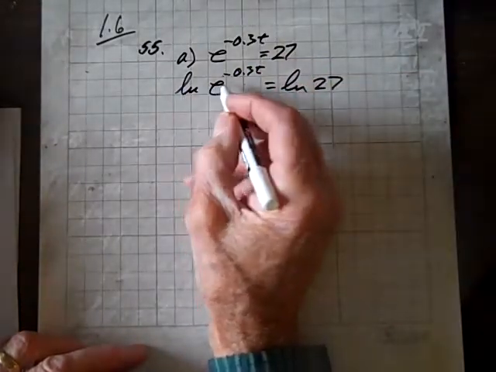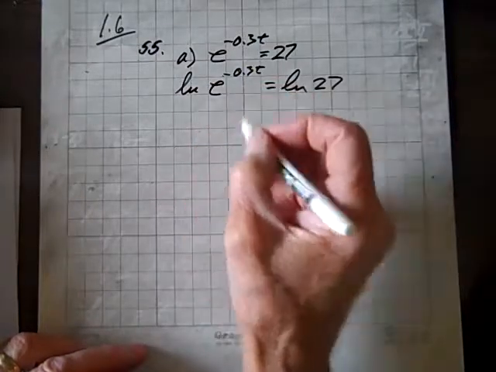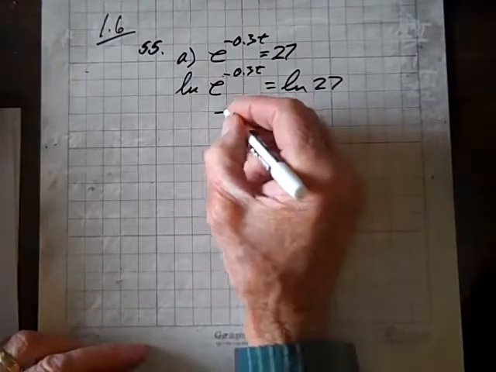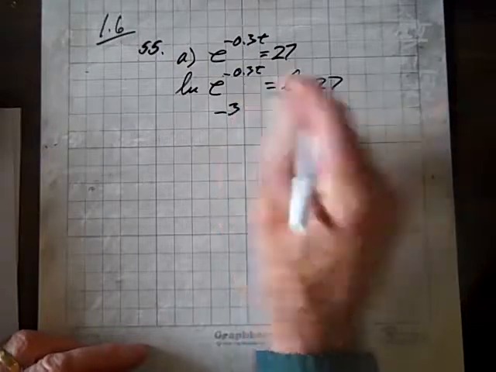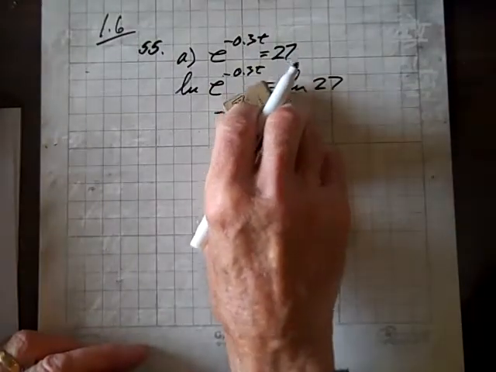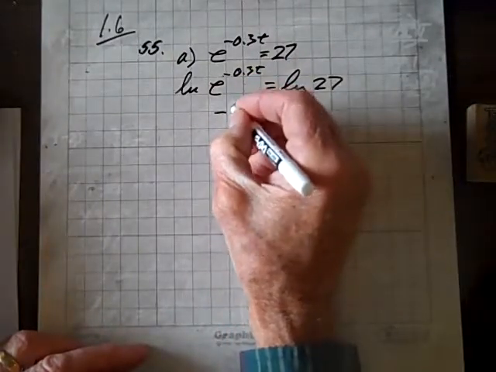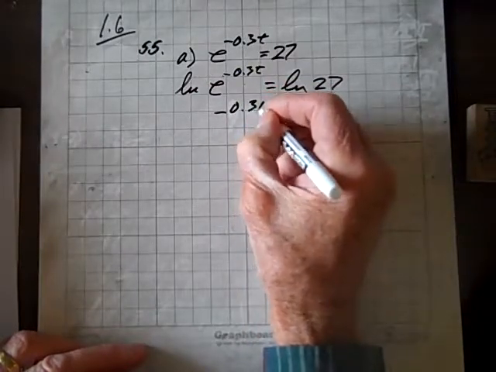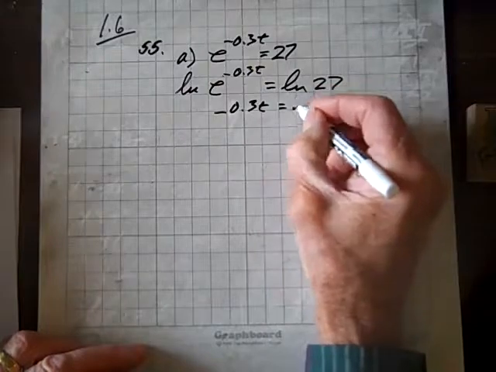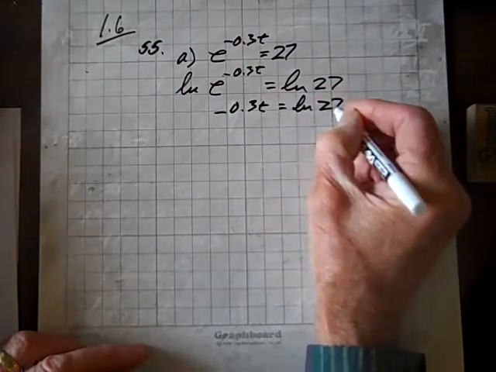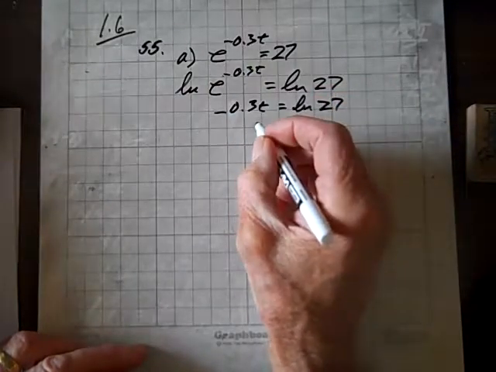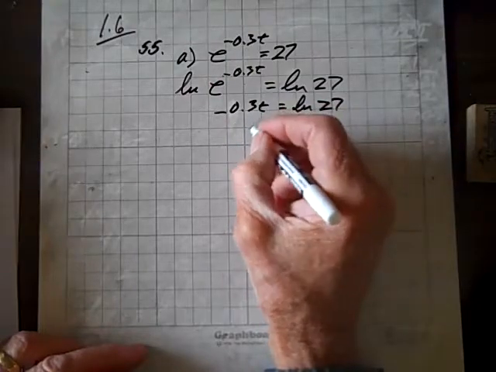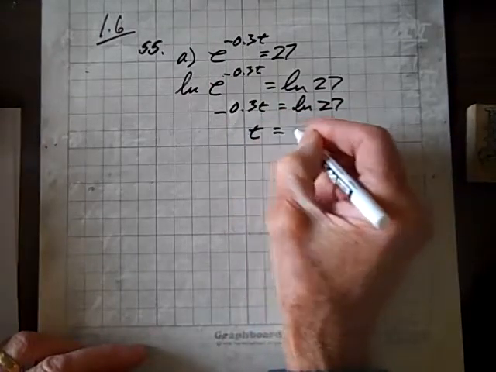Well, this is a composite of a function and its inverse, so we get back negative 0.3 t equals ln of 27. Dividing both sides by negative 0.3, we get t equals negative